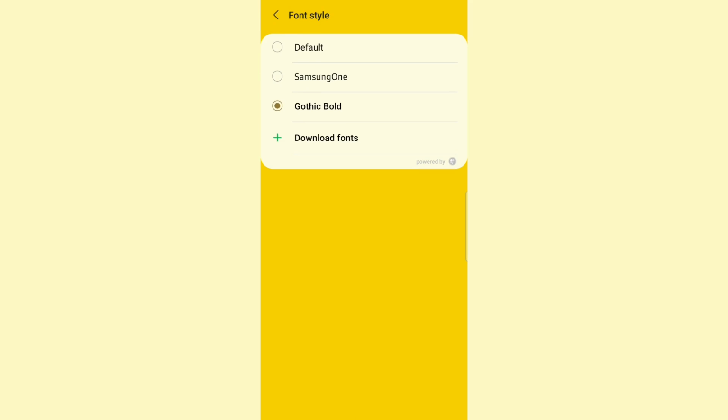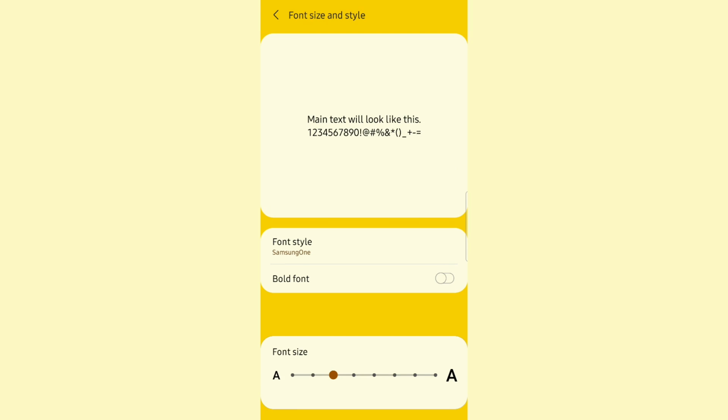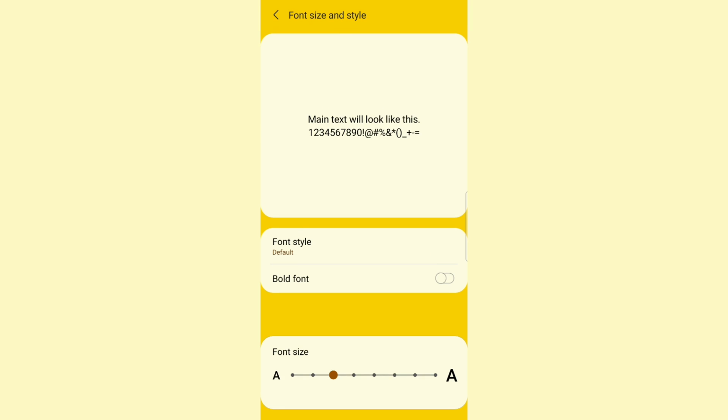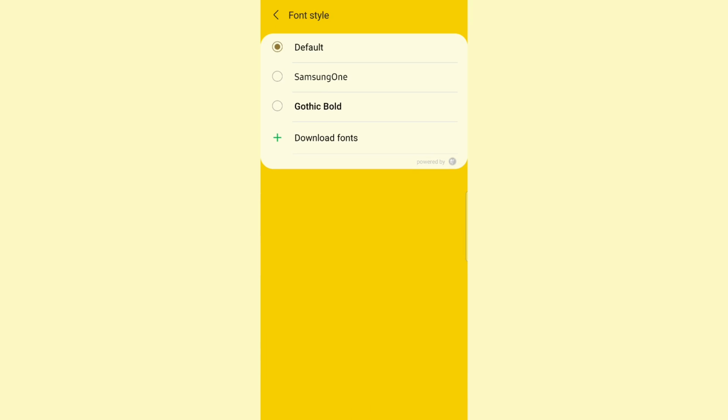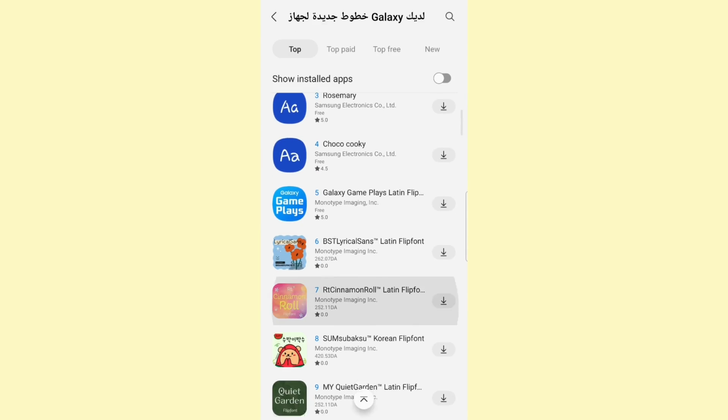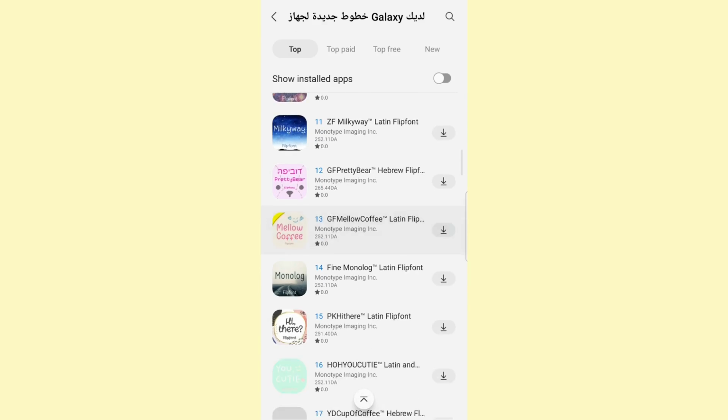You can either select from the default fonts that come with your phone, which are not a lot, as you can see, only 3 of them. Or you can click on the option that says download fonts. It will redirect you to the font store, and here you will be able to find a lot of fonts